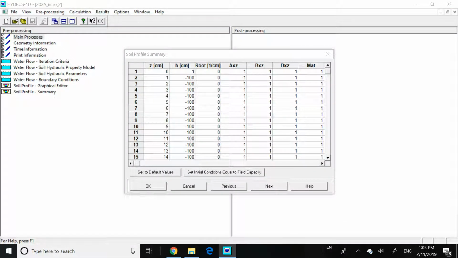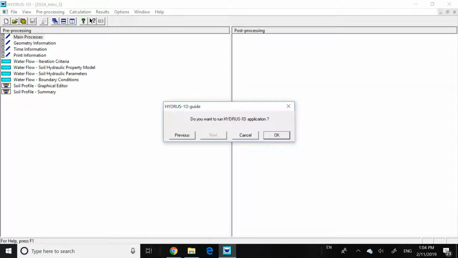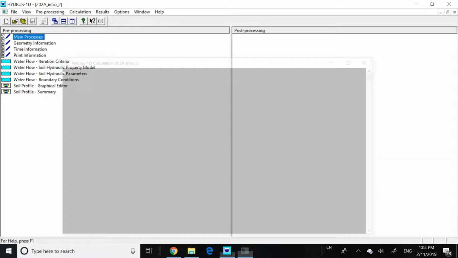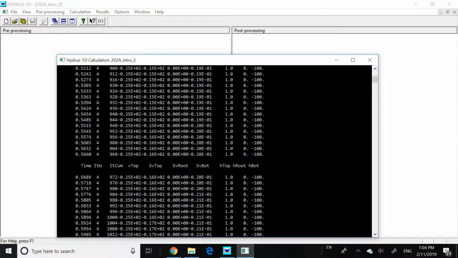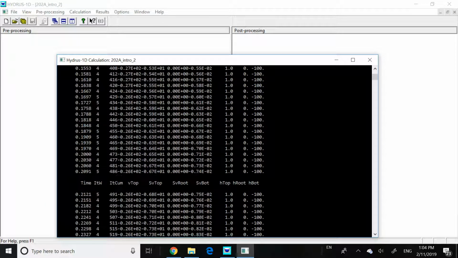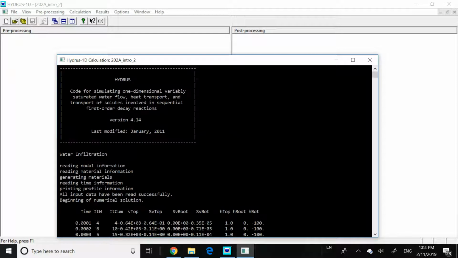Then you click exit. Now here there's a table. This is also a place where you can further modify your question. For example, you can modify your initial pressure head for all the other locations. But for this question, we don't really need to modify anything else, so we will click next. Do you want to run your Hydrus 1D application? We click yes. Okay, and here we can see that we do have a lot of model output,